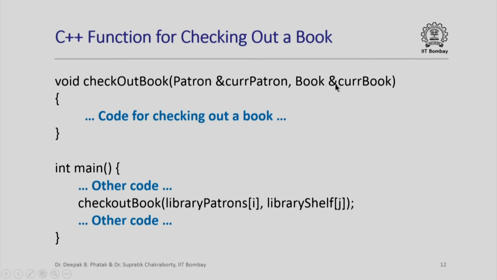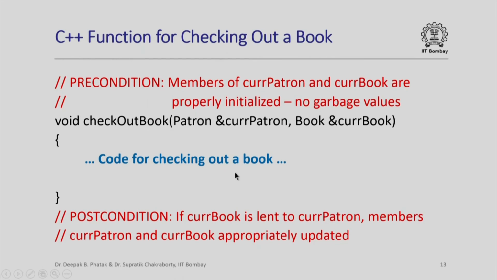Recall this ampersand symbol that we had used earlier to pass parameters by reference. So checkout book takes these 2 parameters by reference, and then what does it do? It is going to implement the code for checking out a book. So the precondition for this function will be that the members of current patron and current book are properly initialized, there are no garbage values, and as post condition we are going to try to ensure that if current book is indeed lent to current patron, remember there are several checks that we will have to do before we can let current patron borrow current book,